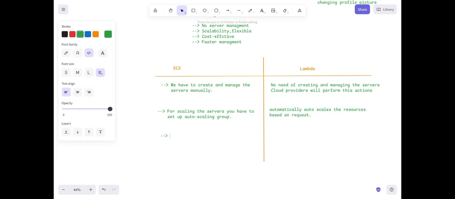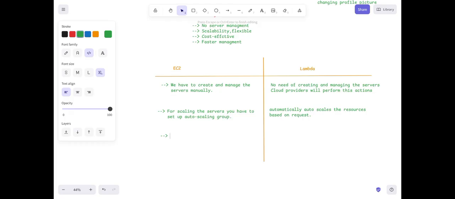And one more difference we have, you have to pay for the running servers even though you are not using them. Once you launch the server and run your application on it, you are not going to stop it. Assume you are running a real time application, are you going to stop your instance? No, right?